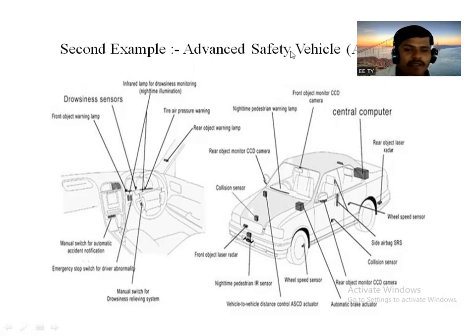Similarly, in that, the eyeball sensor can be used, and a number of other sensors can be used. Again, to check the inclination of the driver's neck, a driver inclination detector can also be used. That means, do you know, if a driver falls asleep, what will happen? What happens when you fall asleep?